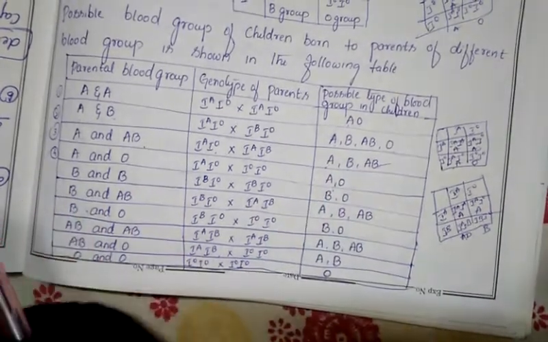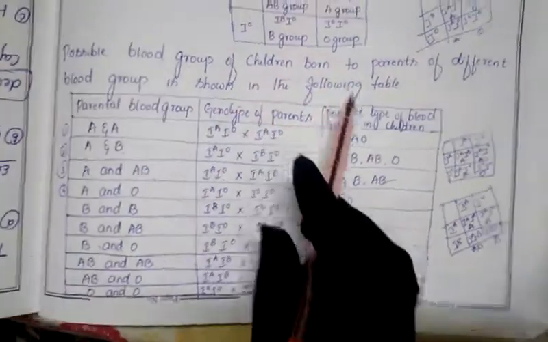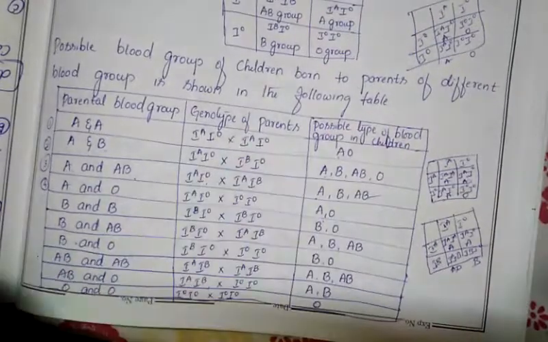See, they have been given in your textbook on page number 77. If parent one, you can take it as father or mother, anyone, so these are the two parents. The genotype of these parents is given, then the blood group in the offspring will be in this manner. So like that we can calculate. These are the possible blood groups that will be produced in the children.